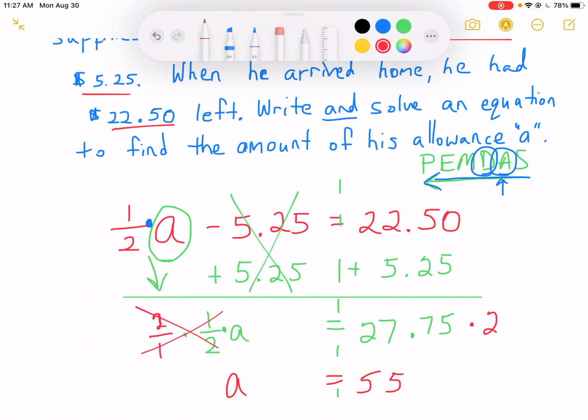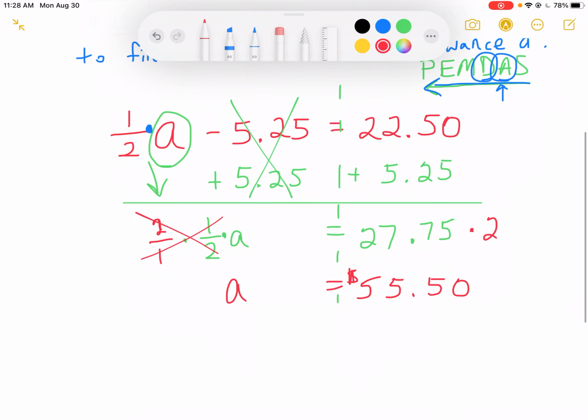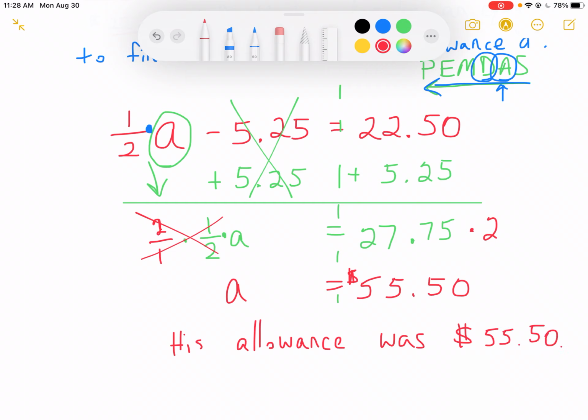And you should get $55.50. So that is his original amount. His allowance was $55.50. Okay,